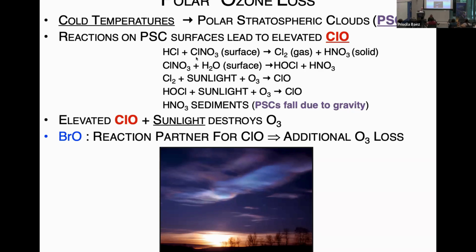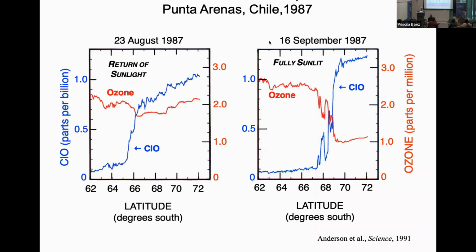Okay, so the polar stratospheric clouds lead to surfaces, and the surfaces lead to heterogeneous reactions, surface-mediated reactions that convert all the reservoirs to ClO. Susan Solomon developed this theory. We added the bromine part. Brian Toon did the PSC falling part. We think nitric acid is kind of like the immune system of the stratosphere, but it condenses into PSCs and falls down. Long story short.